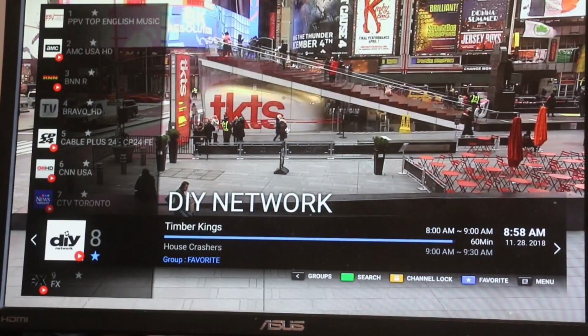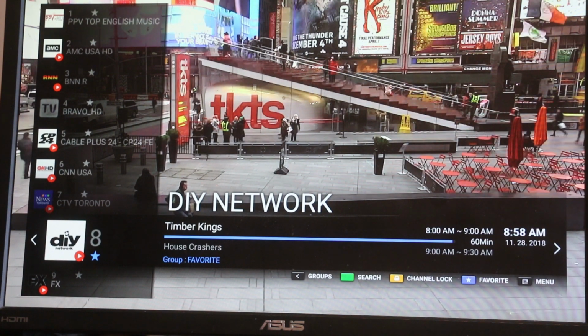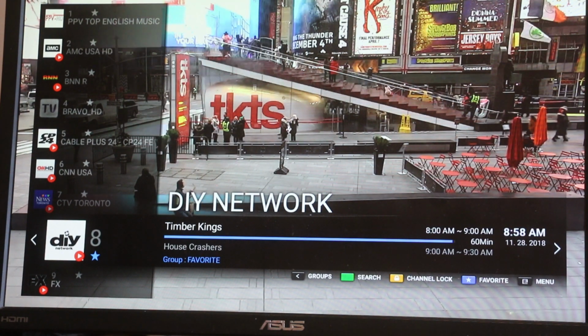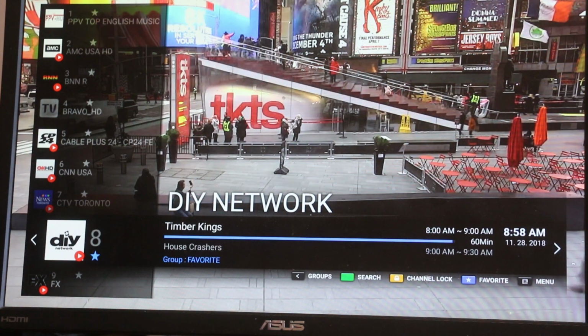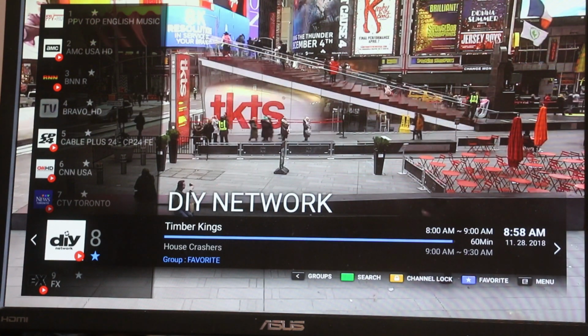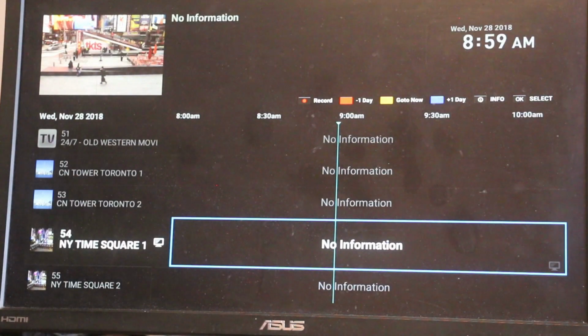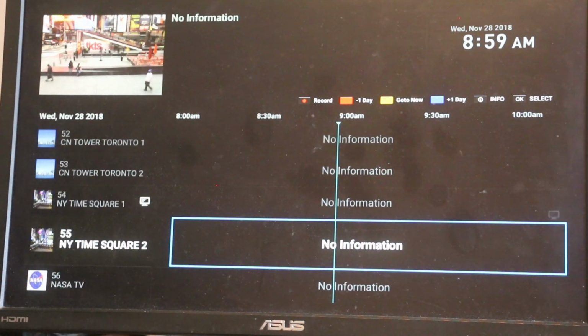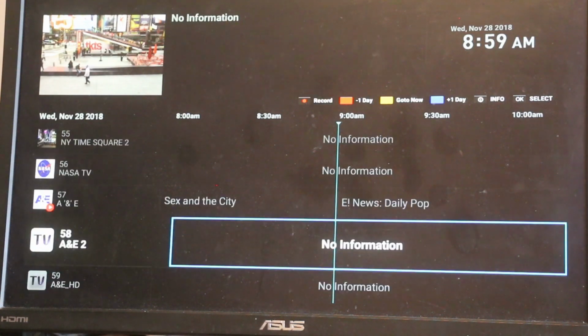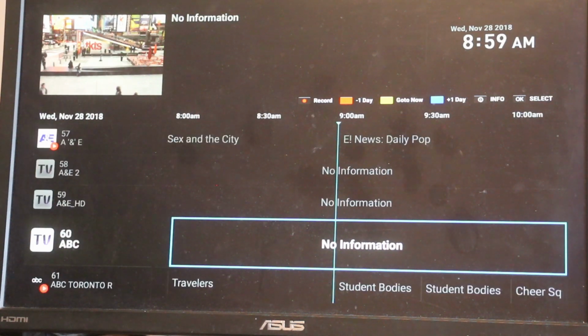Also, I want to show you that if I look on the remote, there is a button that says EPG, and it gives me the EPG, which is much like a standard television. And again, because I'm on all stations, so I'm going to go back,